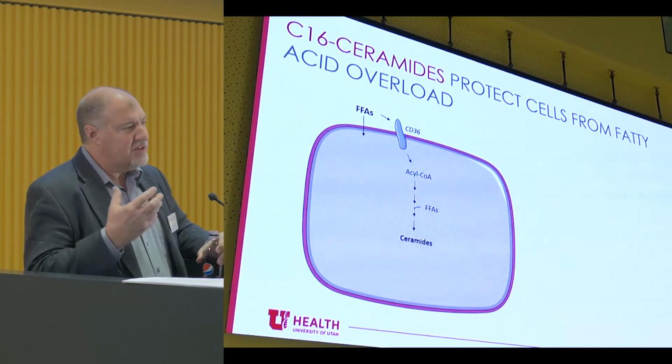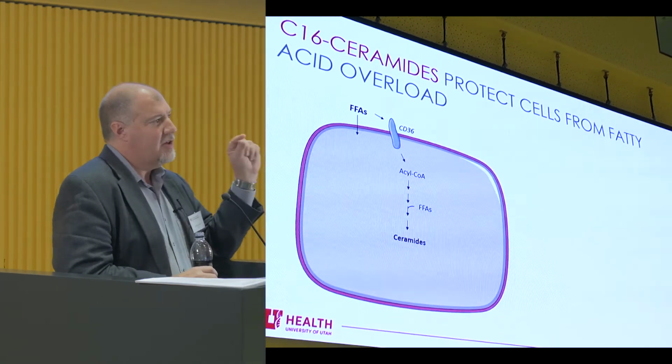So this was exciting to us. It meant this single double bond in ceramides, if you got rid of that double bond in either adipose tissue or the liver or in the whole body, you could have a mouse that was super fat but metabolically healthy. So the question became why, and we had started this whole journey down ceramides because we had shown that ceramides